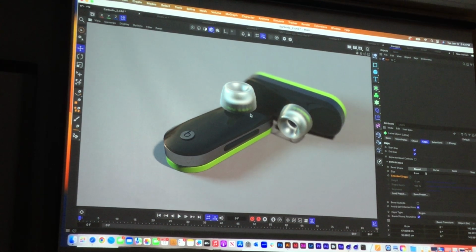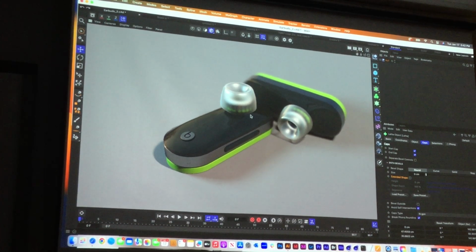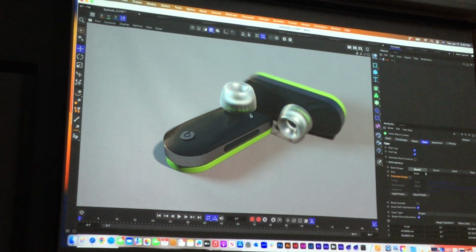Next week, we're going to get into some sub-D modeling and better yet, some volume modeling, where we can start building stuff that's much more complex than even these headphones right here. Okay? But a couple of things I want you to walk away with is just start looking at objects around you and noticing